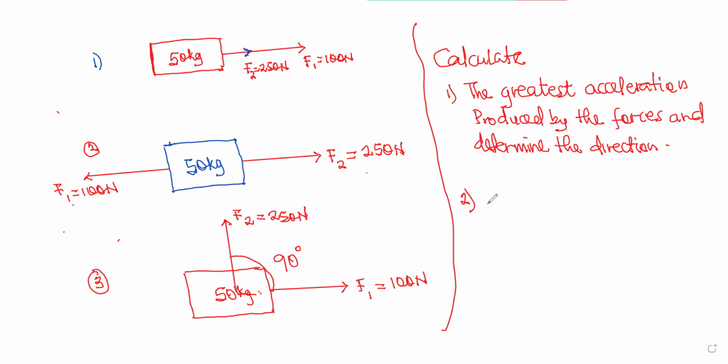Okay, let me leave it at 1. So we have two scenarios, two forces acting concurrently on a body, meaning they are concurrent forces, and concurrent forces act at the same point, at the same time on a body or on a particle. So F1, F2 are two parallel forces in scenario 1. Scenario 2, F1, F2 act oppositely to one another on the